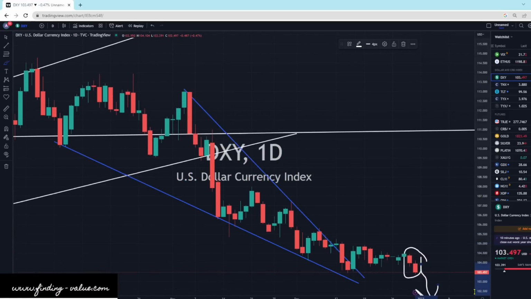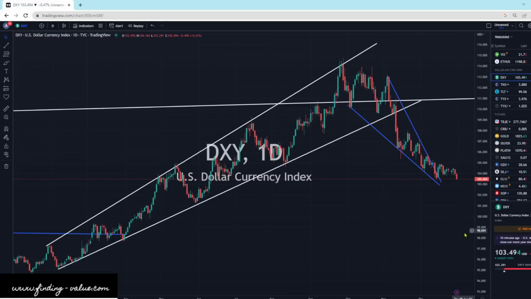Let me go auto here. There we go. So we are heading lower, and the DXY was down about 0.5%. And it looks like it could continue lower. It looks like we're right at that support level, and if we break to the downside, we could see the DXY really start to accelerate to the downside. So that's the DXY there. You can see that there's an abyss below us.